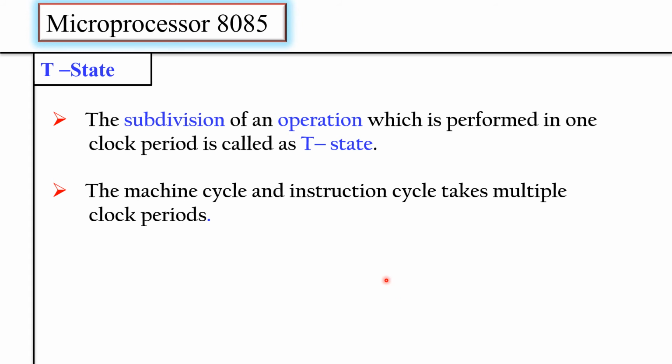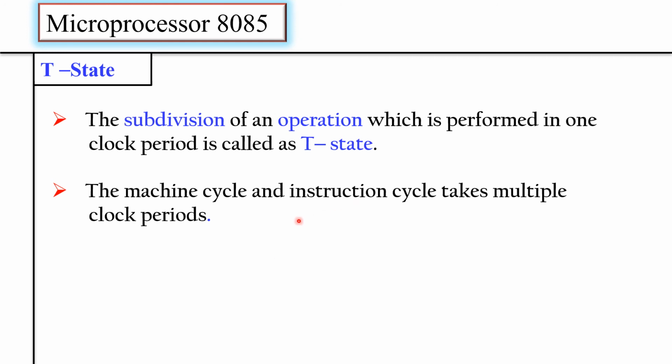Do you know what the period is? Period is equal to the reciprocal of frequency. So if the microprocessor frequency is 3 megahertz, one T-state will be equal to 1 upon F, which is 1 upon 3 into 10 raised to 6, because it is 3 mega. Mega means 10 raised to 6. So 1 upon 3 into 10 raised to 6 comes out to be 333 into 10 raised to minus 9 seconds, or 333 nanoseconds. So one T-state may be completed in 333 nanoseconds.